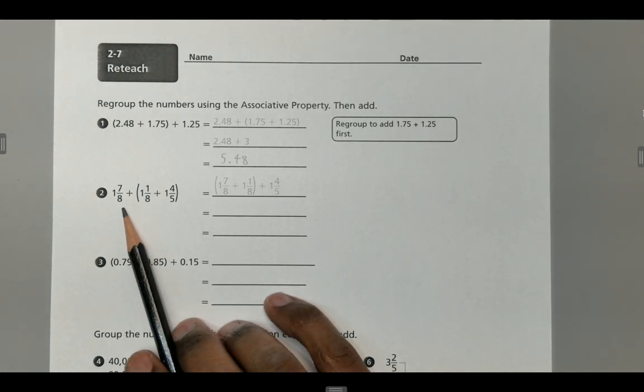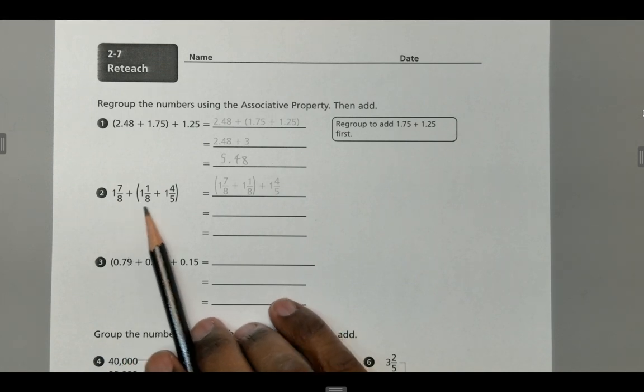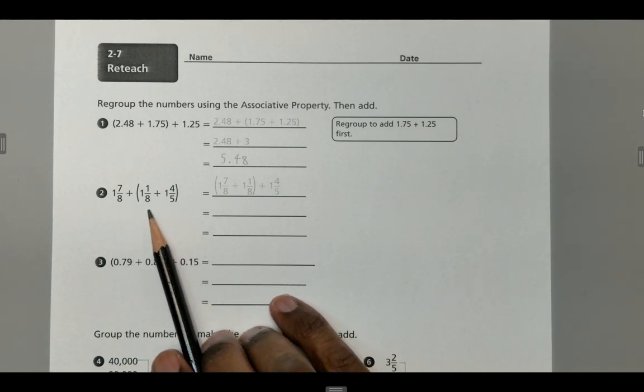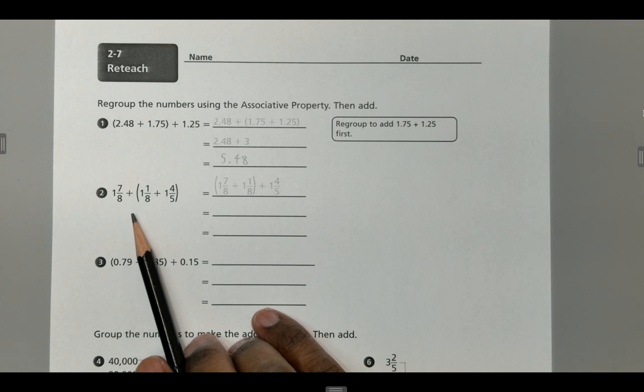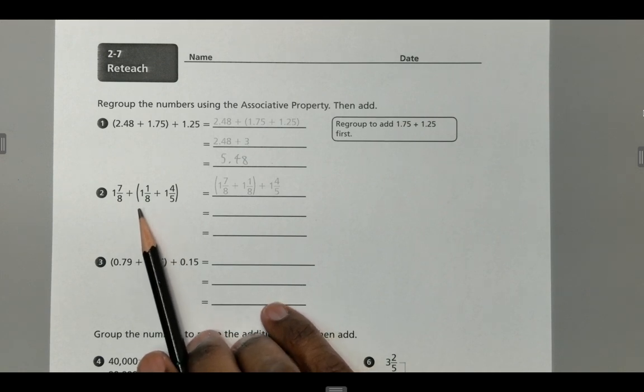Moving on to number 2. Again, notice how the way that it's presented, we're being asked to add these two fractions together first and then add this fraction. But if we simply do a regrouping